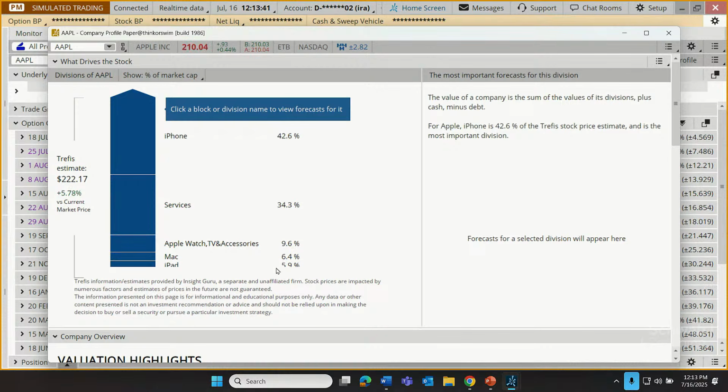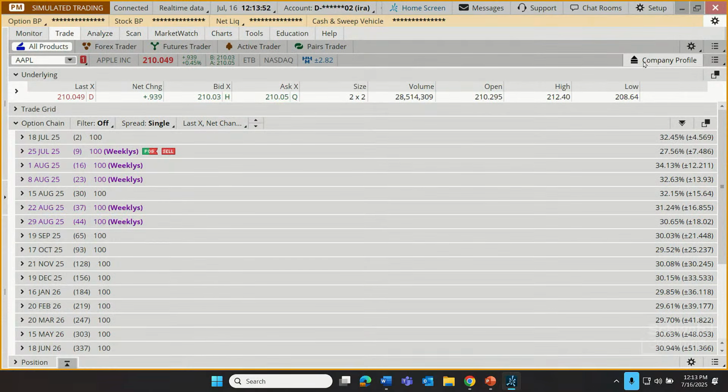Mac and iPad, they are trailing way down there. Now, lots of other things I could do, but I did want to point out that there is a cool little feature that a lot of people just aren't aware was available right there on that trade tab. Now, beyond that, we're going to have lots of other familiar functions.